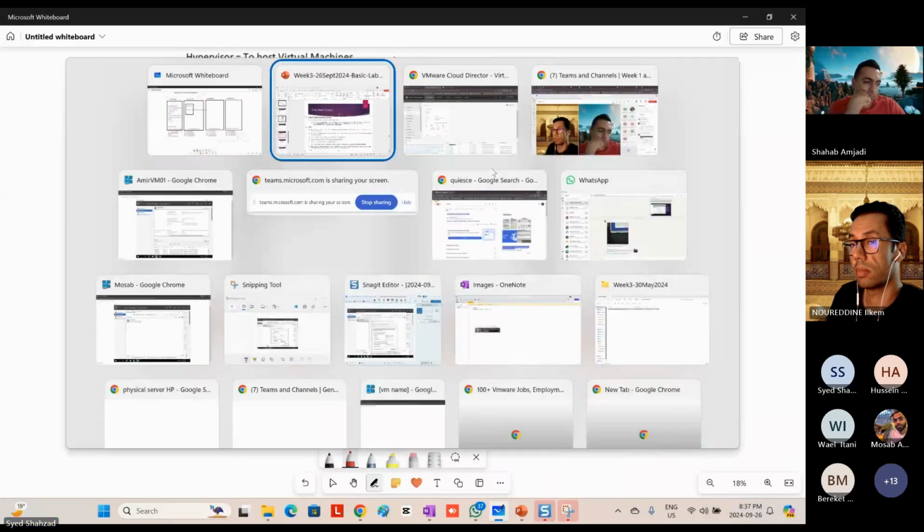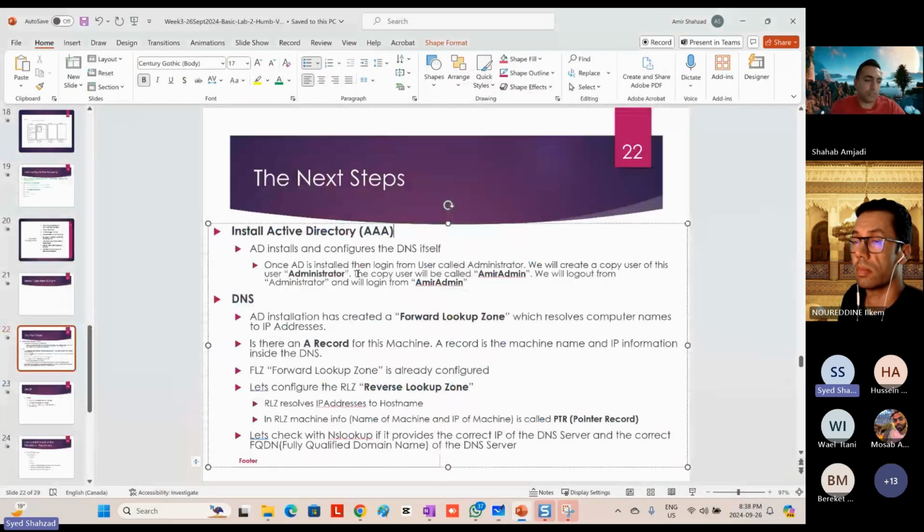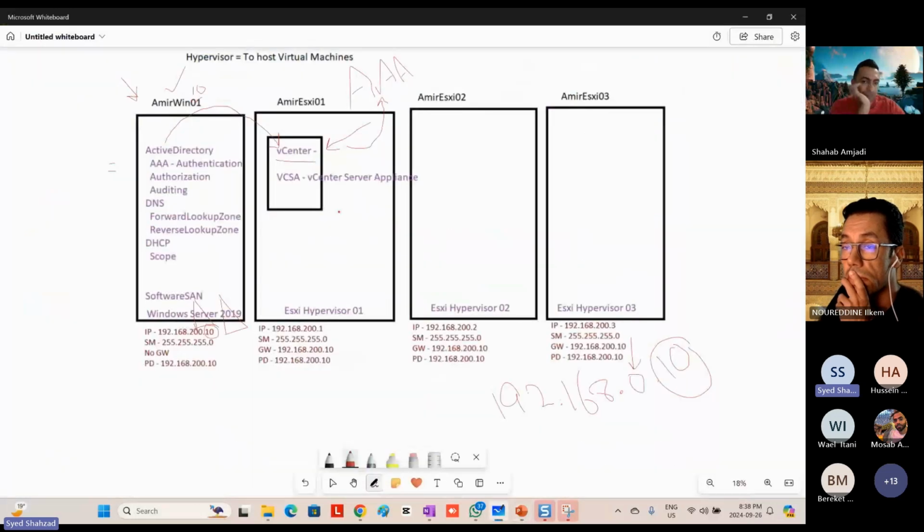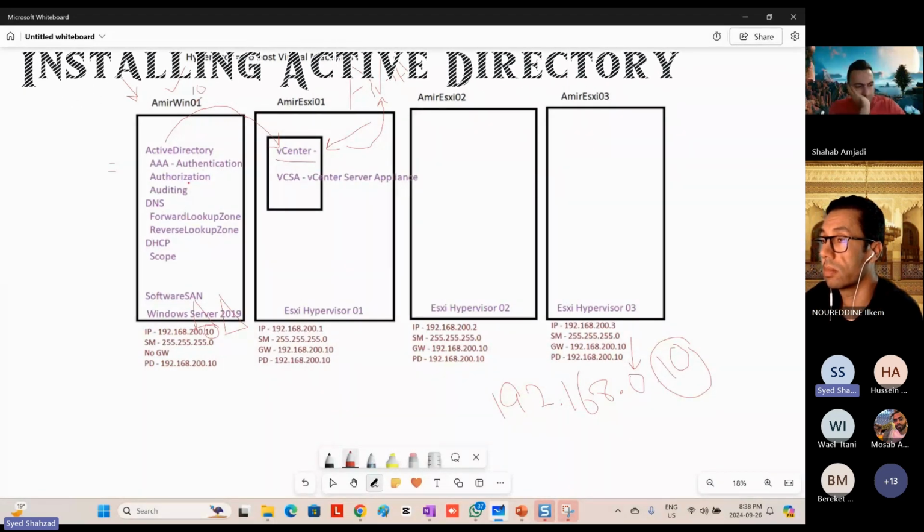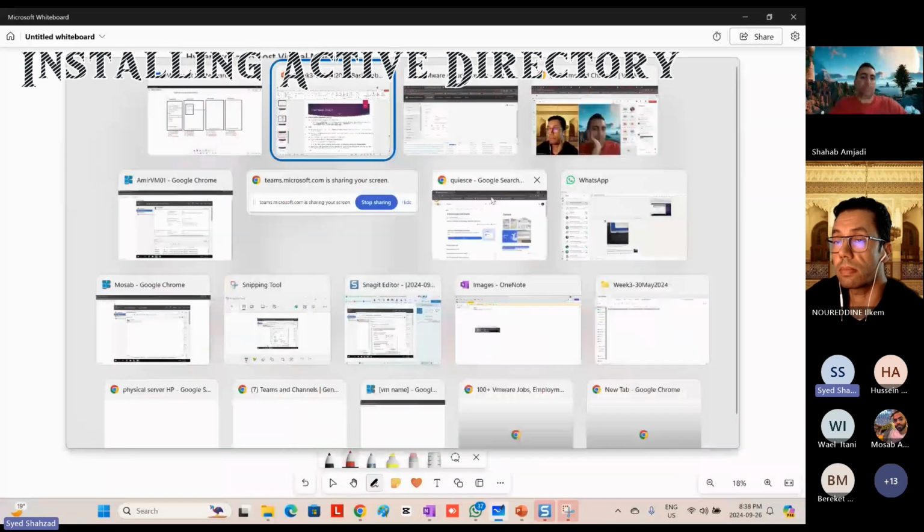Okay, so we're going to install Active Directory here. If we don't install Active Directory, VMware will work fine, right? But because it's a common installation in the majority of environments, that's what we're installing. Let's go ahead. First we're going to install Active Directory, and we're going to install DNS with it. Let's get going. So on this machine,